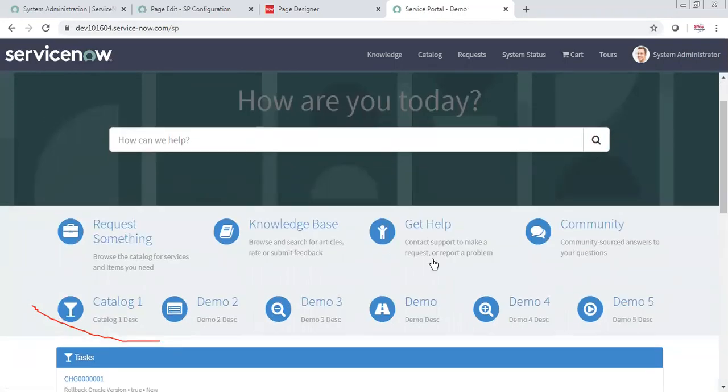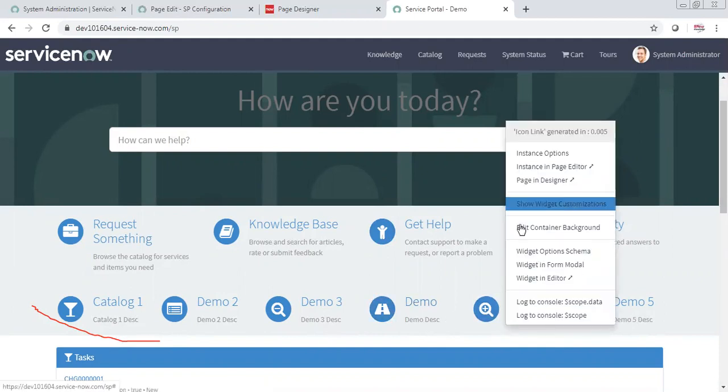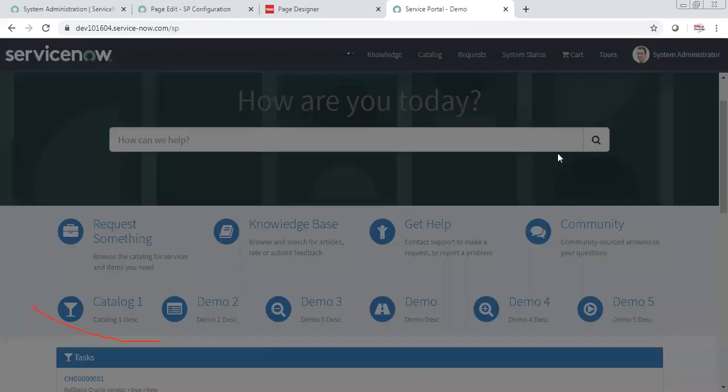The customer might want a link to that page here in the header. That's why maybe we designed these 6 here instead of 3. With these 4, the customer wants one more link which will navigate the user to the page we designed. So what we can do, again, we go to this instance option.